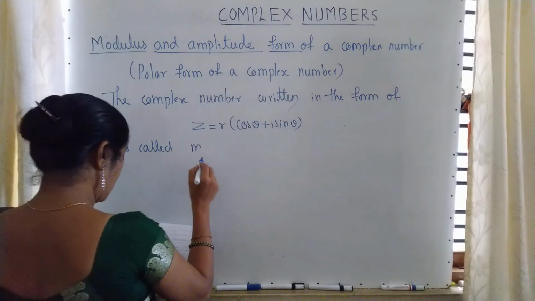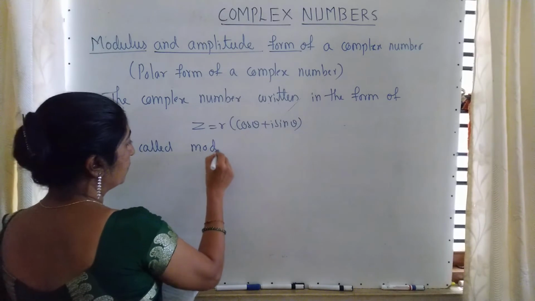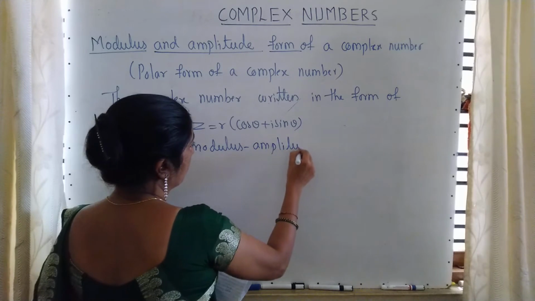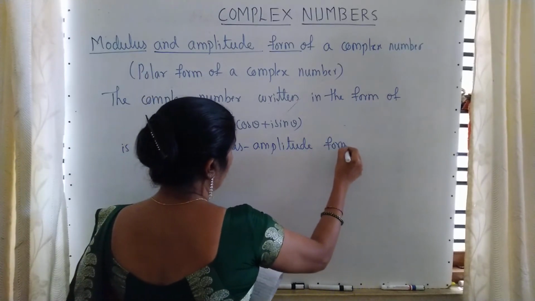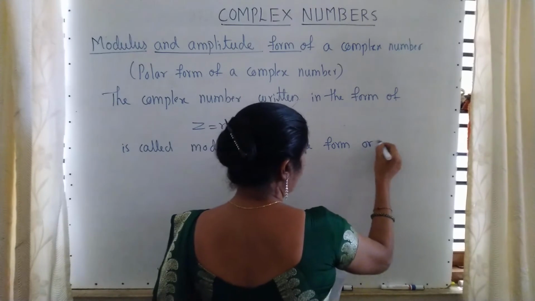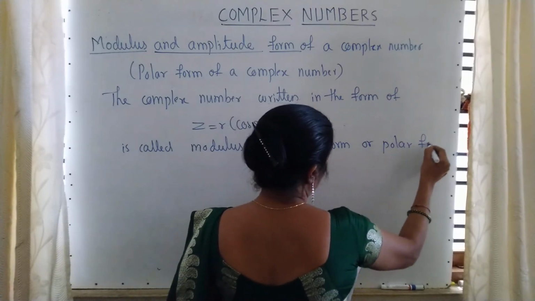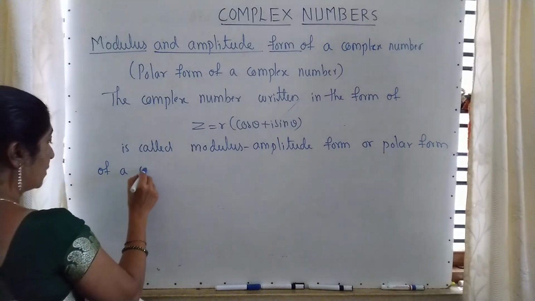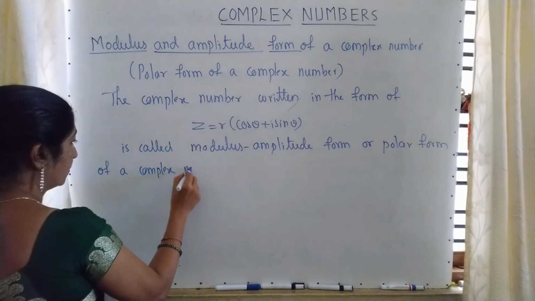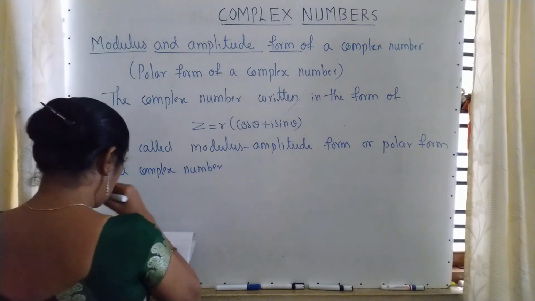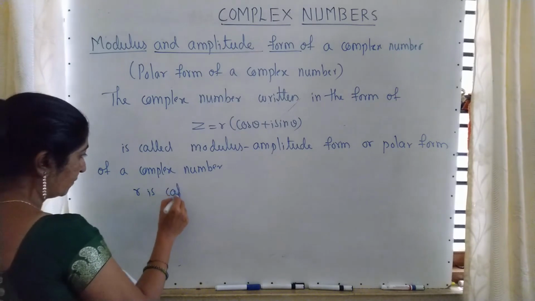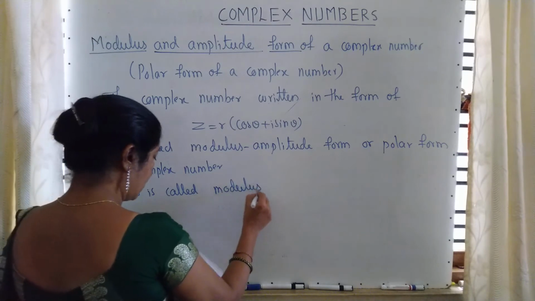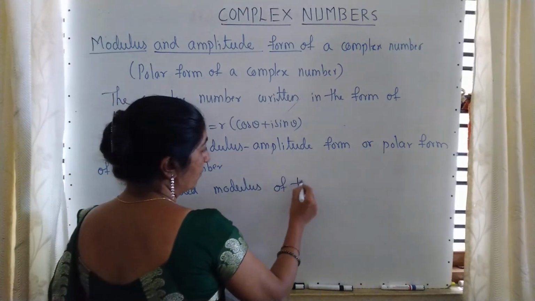modulus amplitude form, or polar form of a complex number. Here r is called the modulus of the complex number